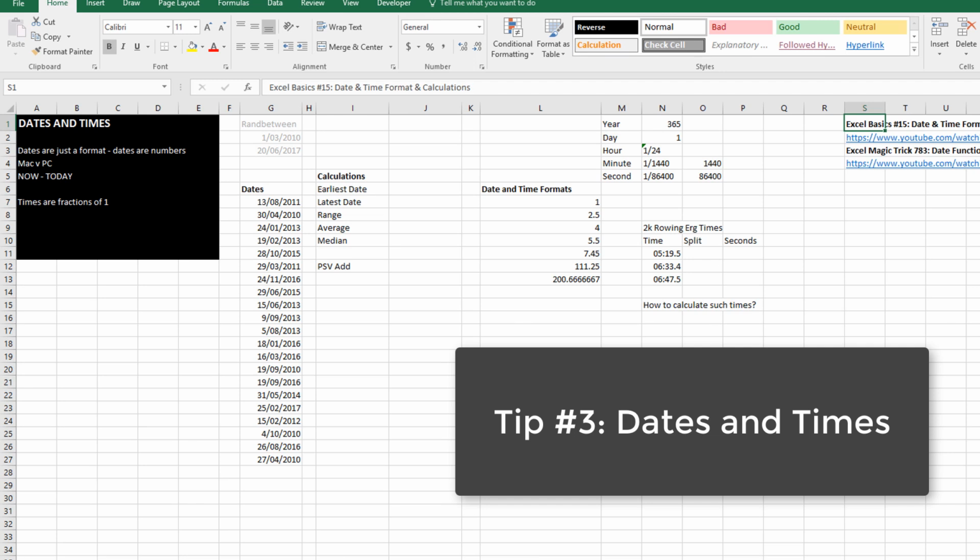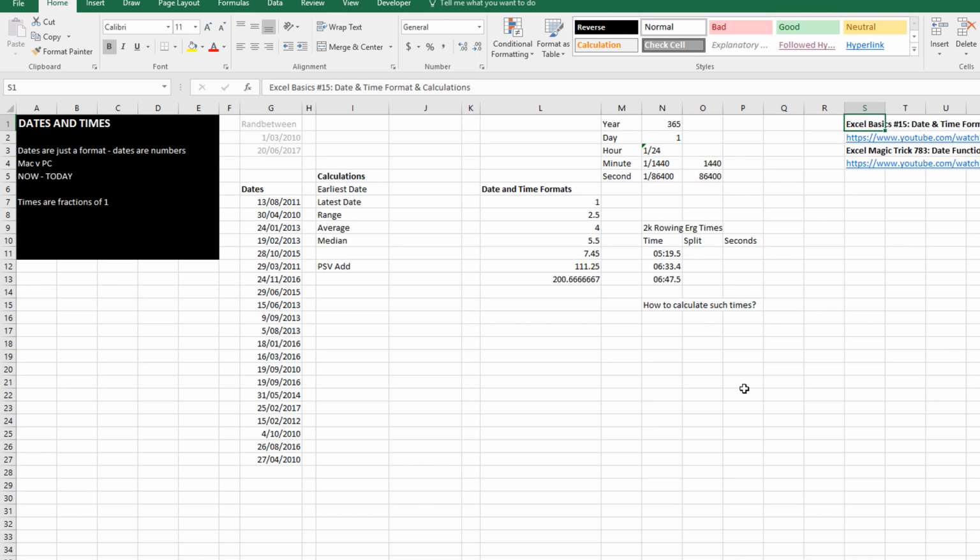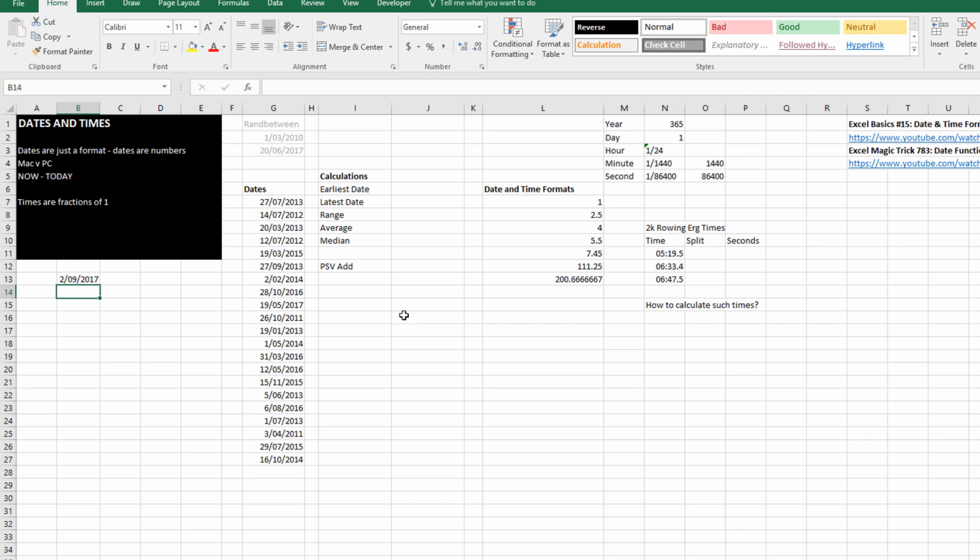Dates and times is something that I don't think Excel does a great job of, but very important to understand how you can be making your life a little bit easier. Now, the very first concept that you need to understand is that to Excel, a date is just a number. Sometimes if you paste your information, you get what was a date looking like a weird number, and I'll explain that in a second. We've got a cell here and I'm going to type a date in it. 2nd of the 9th 2017. If I hit enter, it recognizes that it's a date,